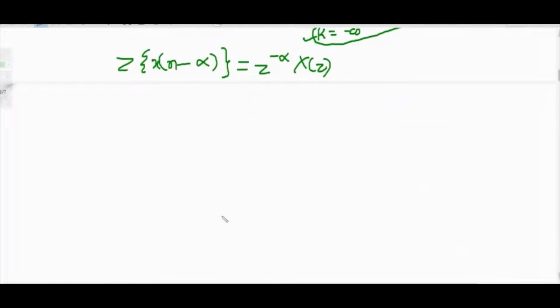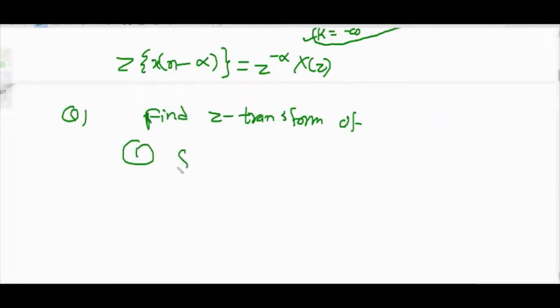Now, based on this property, let's look at some questions. Question one: find the z transform of number one, delta n minus 3, and number two. First we will solve delta n minus 3. Delta n's z transform is...